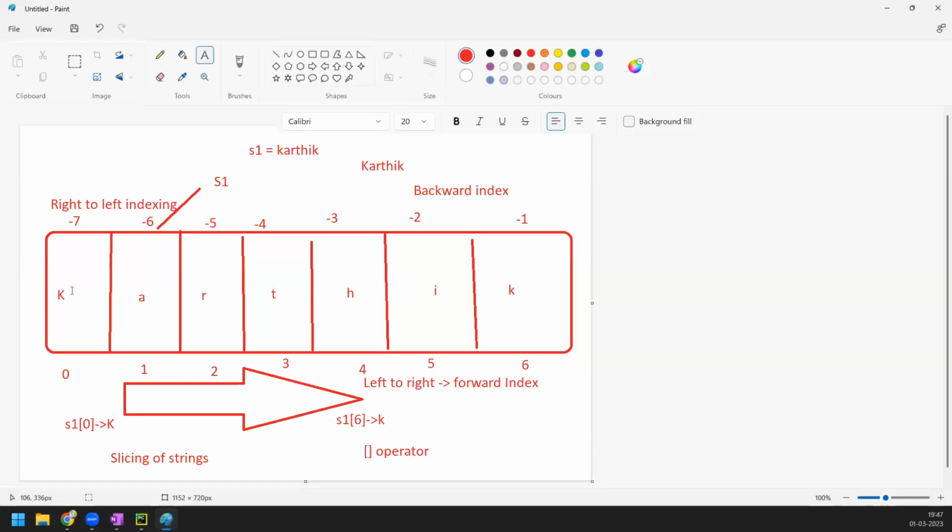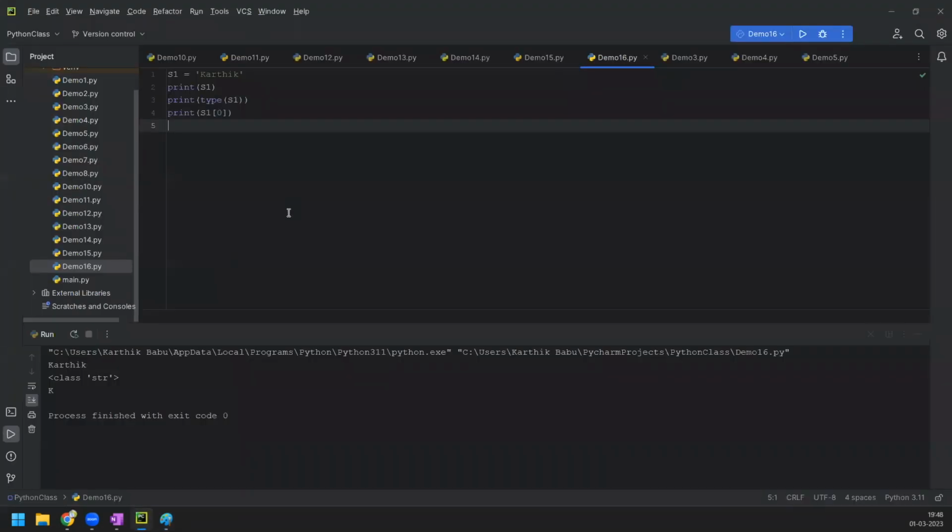Clear? Now say suppose I want to know the value that is present in the last. I want to print the value which is present in the last. So for that, what value should I give here? I want to give the cupboard name and then the rack number. Yes. So what I will try to do, I will try to print, and then I will try to,